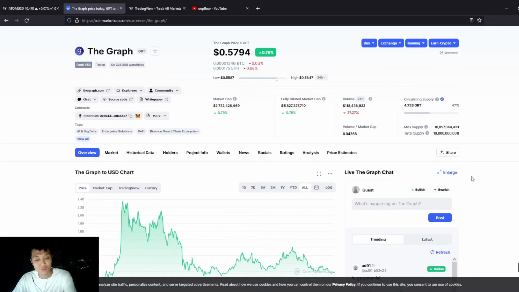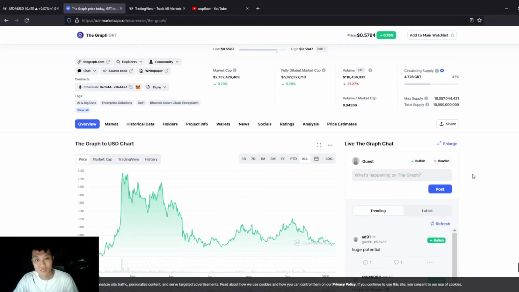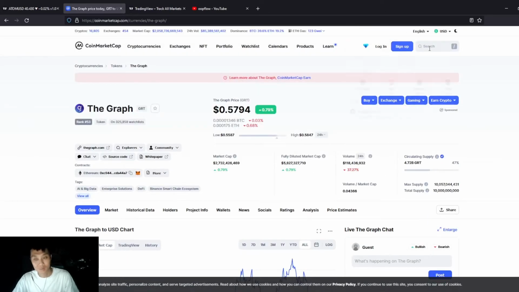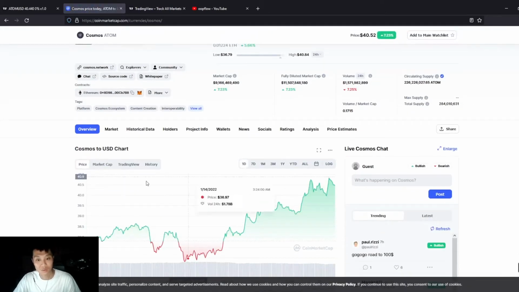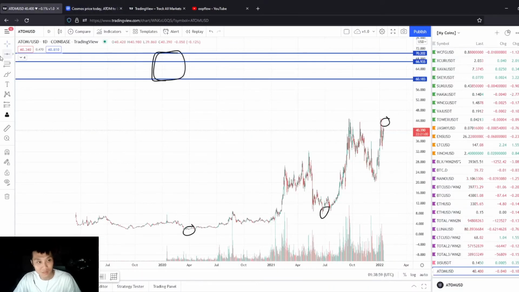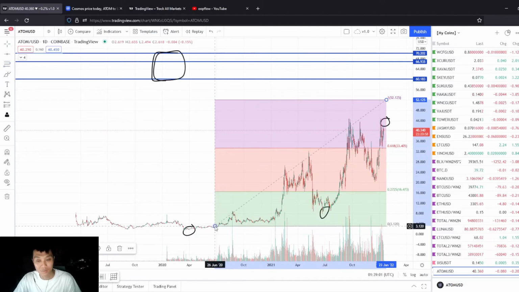You want to avoid heavily inflated coins, because the winners with a heavily diluted coin are the founders. They hold the extra additional coins, and when they decide to dump them, they dump at the percentage they own, and everyone else holding the coin is losing. So if we go back to Atom's case, it's not heavily diluted, which essentially means you can reliably use these Fibonacci levels on the price to get correct price predictions.